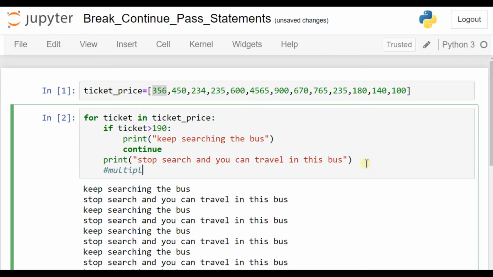multiple statements, okay, this statement will not execute, because the continue keyword is a control flow word. If you use that control flow word, then control goes directly to the for loop. Okay, and then it's again checking for the condition, keep searching the bus, and then